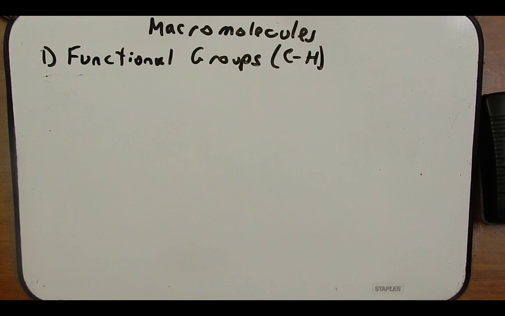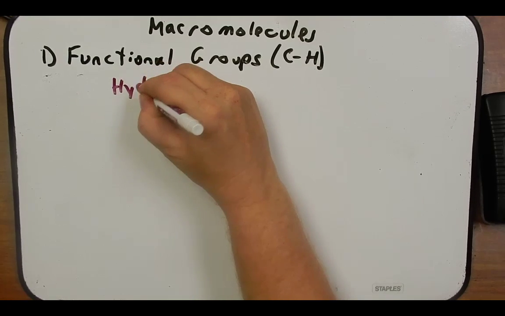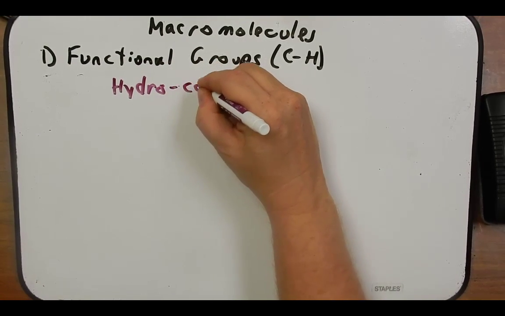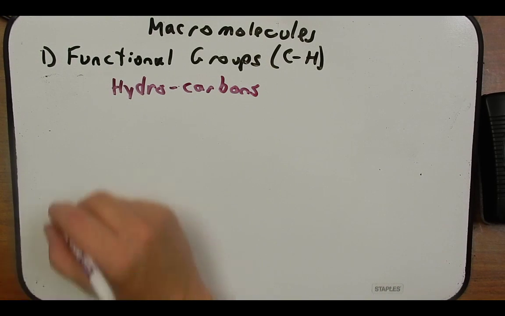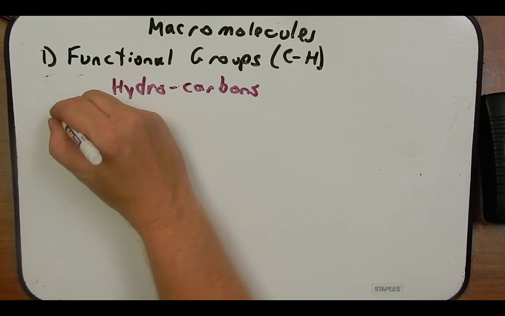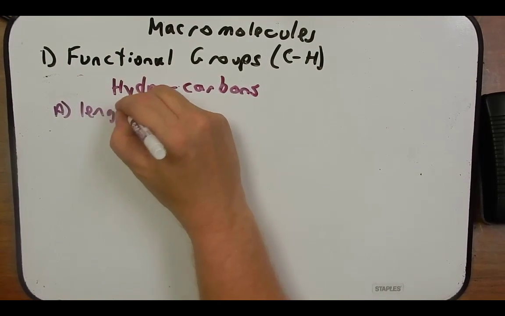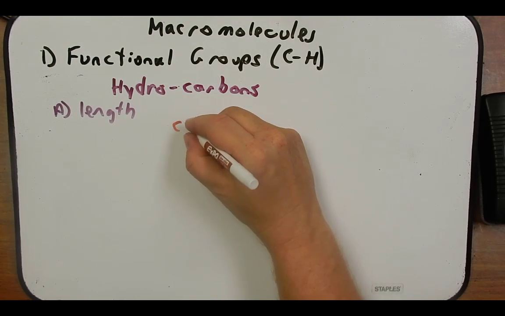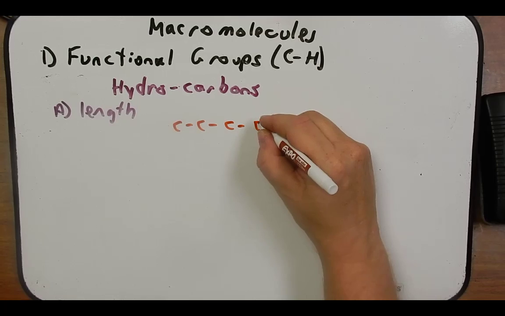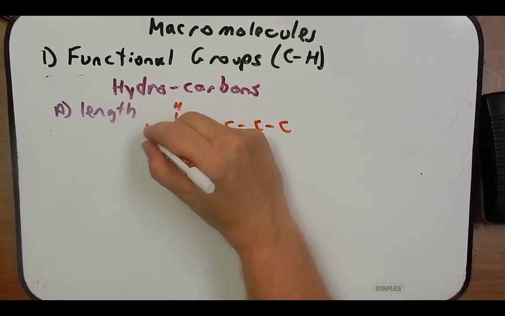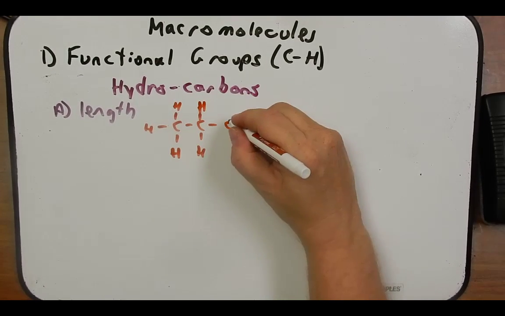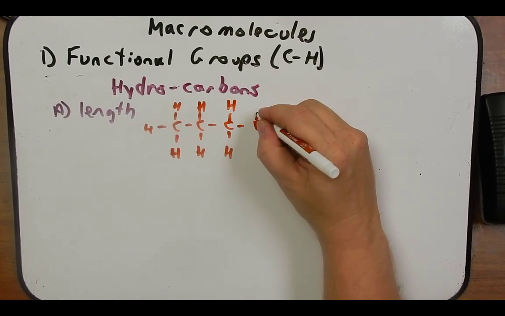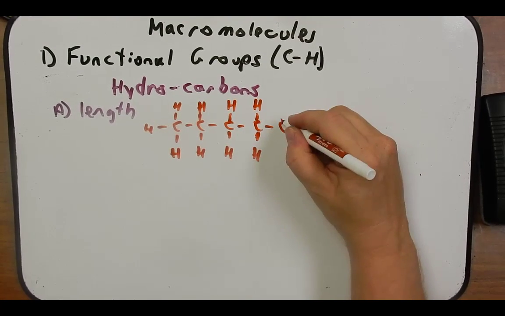As we open up the discussion of functional groups, I want to spend a little time talking about hydrocarbons. Not a lot of time, just enough. Because hydrocarbons are going to make up the backbone of these functional groups. And when we think about hydrocarbons, we can define them by their length. That is, how many carbons in a row are there? And carbons will be surrounded by hydrogens, like so. At least in this example. They could certainly be surrounded by other elements too, but we're talking about hydrocarbon chains, so I'm going to put